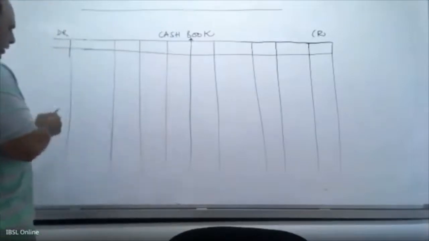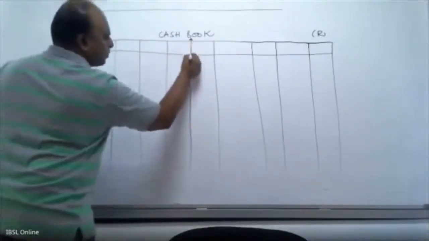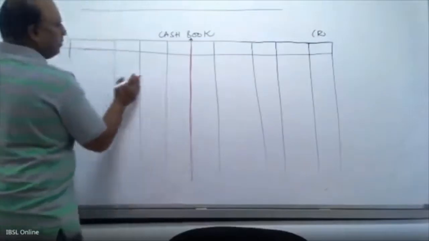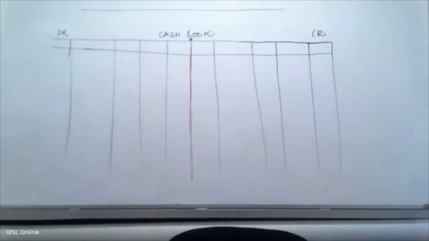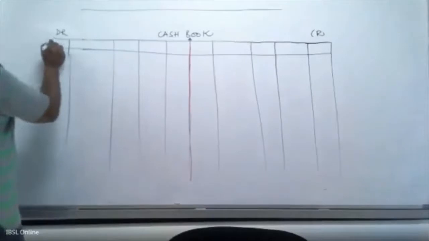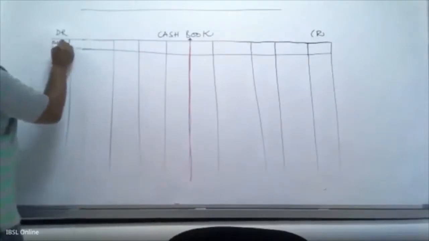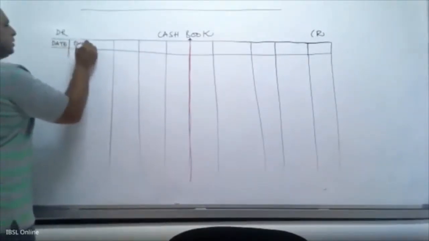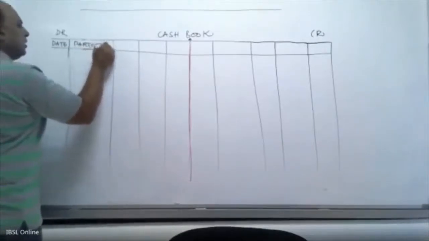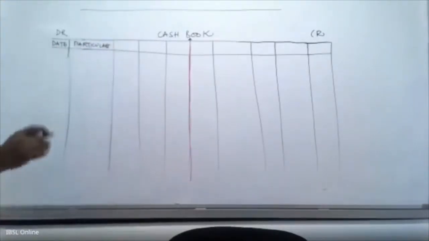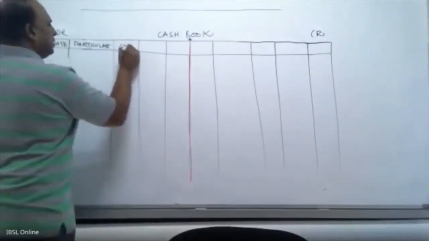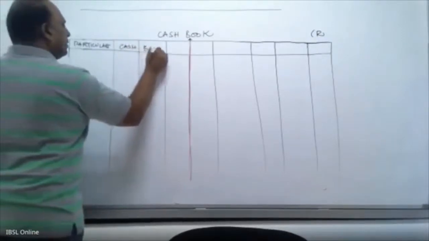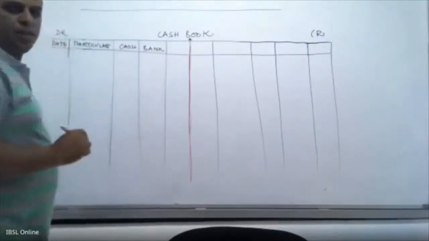This is the important line. There will be 5 columns to your left side and 5 columns to your right side. So what do we do here? The first column is to record the date, then particulars. In the presentation, you will have more columns, which I am not going to relate now. Cash, bank,